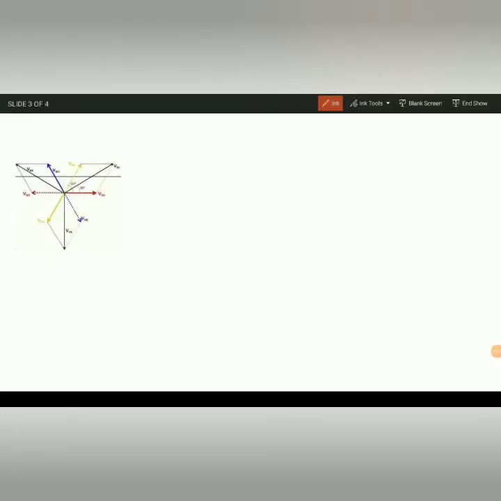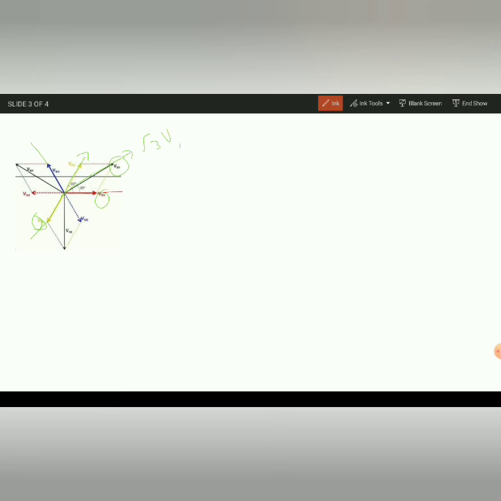So here it is VRN, here VYN, and here VBN. The angle difference is 120 degrees. So we want to find VRY, where VRY is VRN and VNY, not YN. So this we are taking in the opposite direction. After taking the opposite direction, we find the VRY, and this resultant will give you the answer of root 3 times